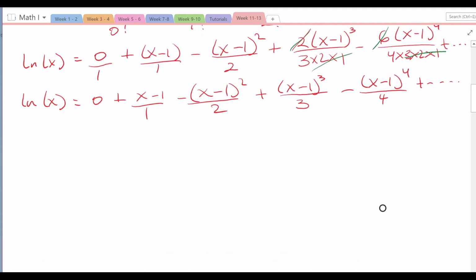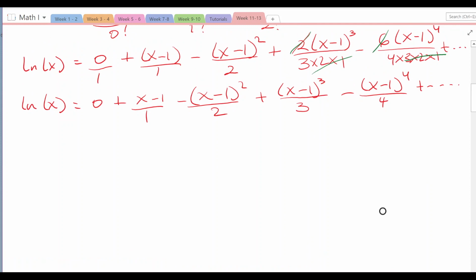Okay, so now we have to find what would be the patterns of this power series expansion. So we have our function which is ln x. We need to find the power series notation of our function, which is starting from 0 to infinity. As you can see, the first term is 0, and then the second term x minus 1, and then the third term, and so on. But what you also notice is the alternating sign.